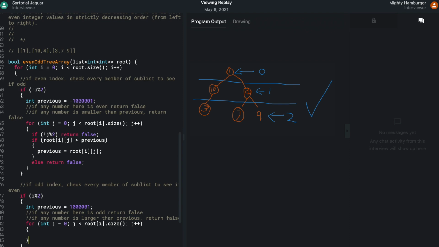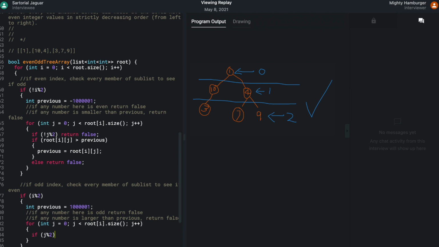Now we're going to check, so we're on an odd index. Since we're on an odd index, we have to see if they all nodes will have even. Okay, so I'm going to be doing modulo 2.